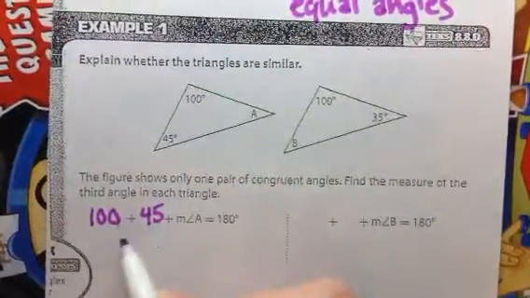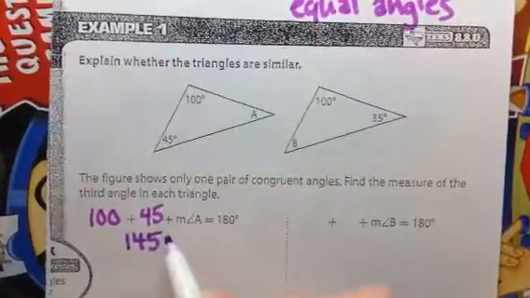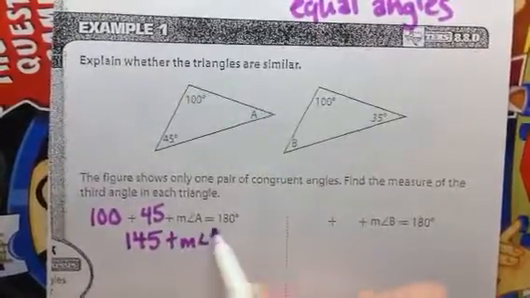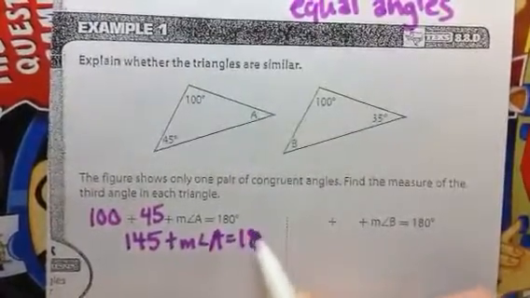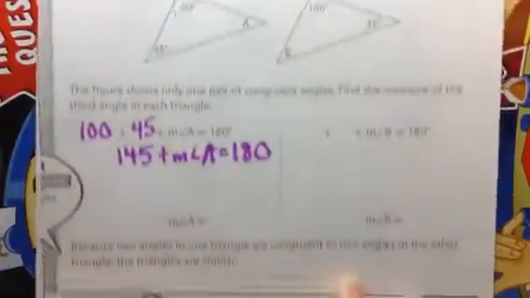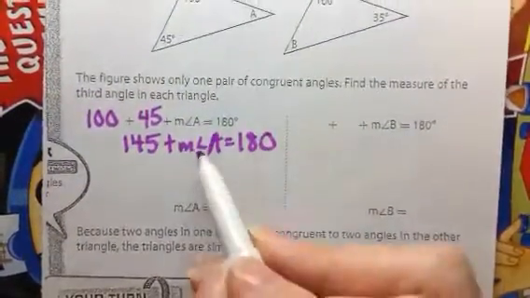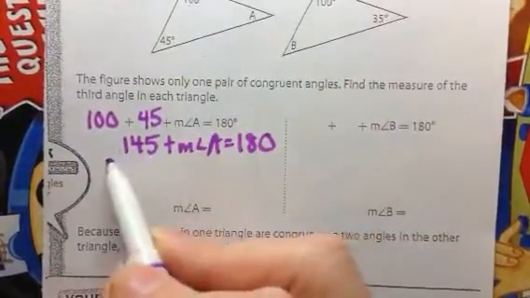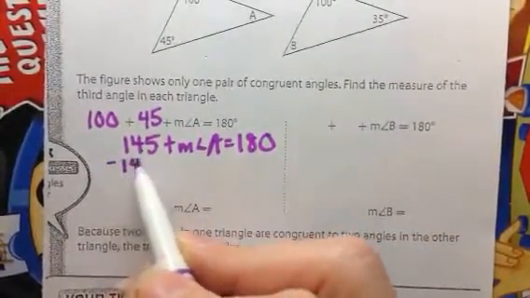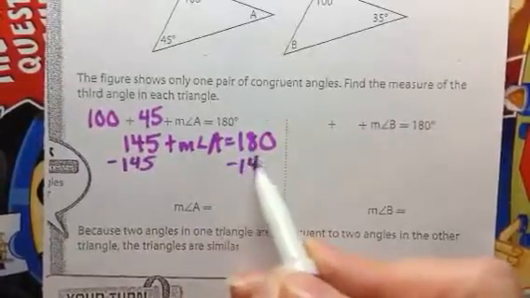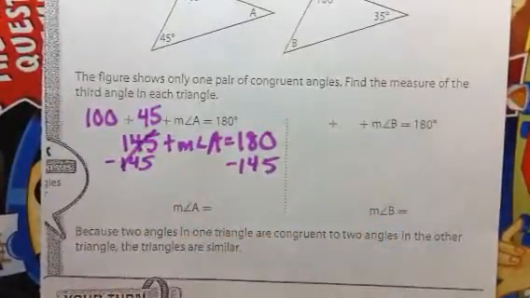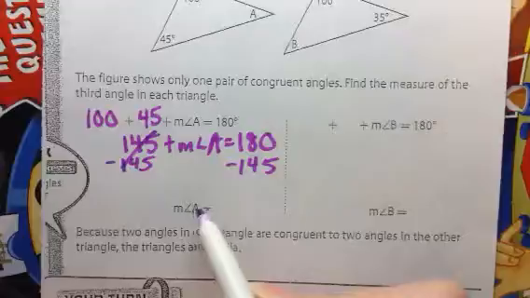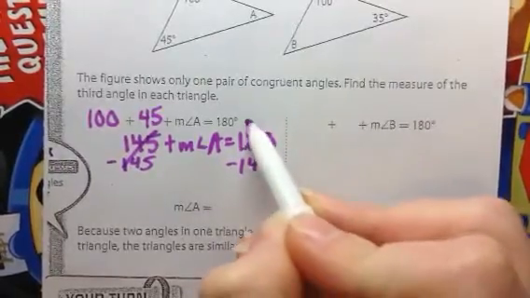So I'm going to combine like terms and bring down the rest of it, just like an equation. To isolate this unknown, I need to get this positive 145 to go away. So I'm going to subtract 145 from both sides. So the measure of angle A equals